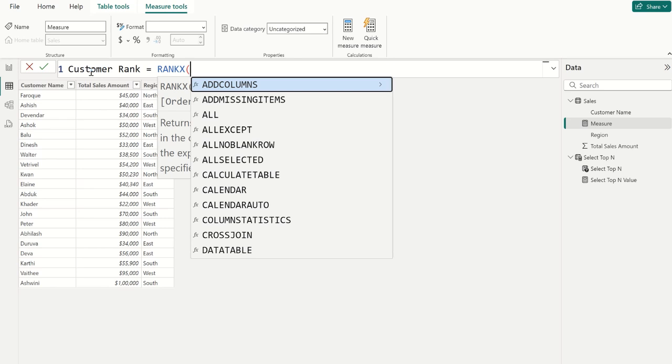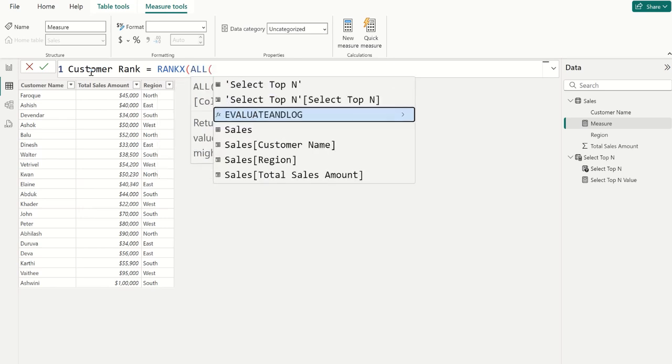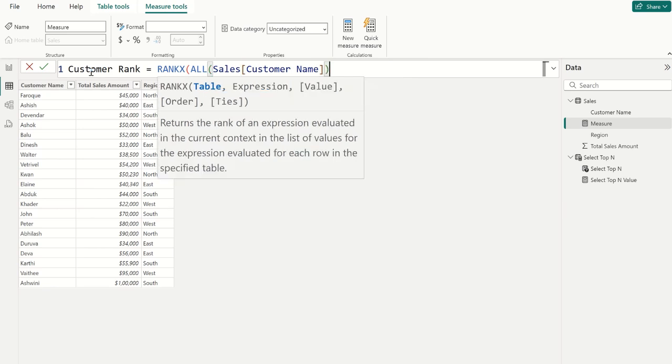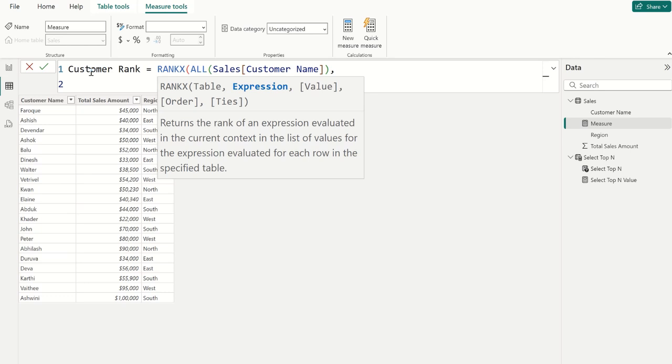Inside RANKX, we use ALL to ignore context filter and explicit filter, and choose the customer name column from the sales table and close the parenthesis. Now put a comma, shift enter. In the expression parameter, we provide the expression as